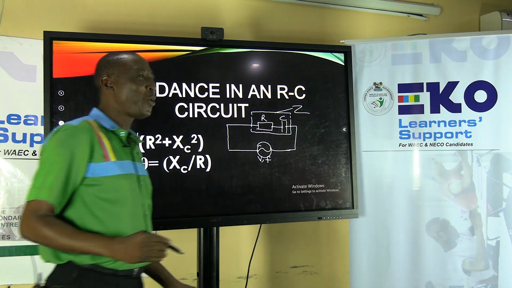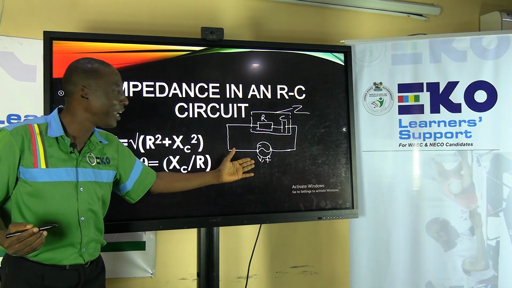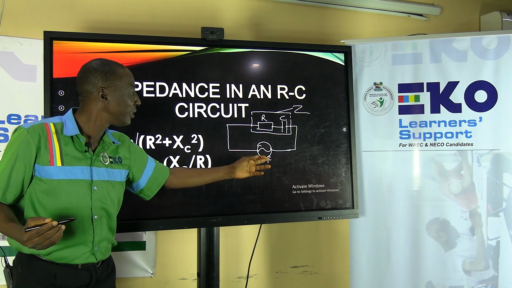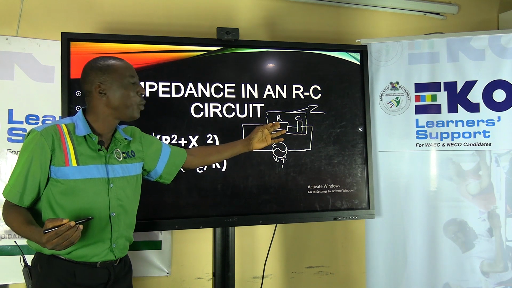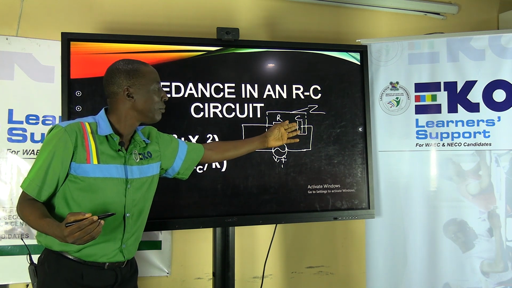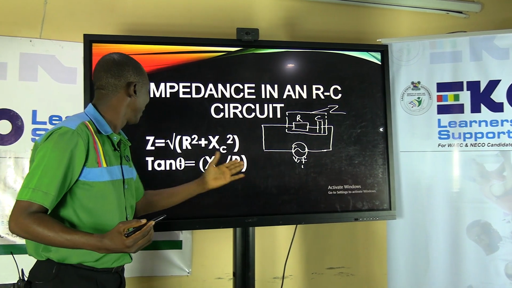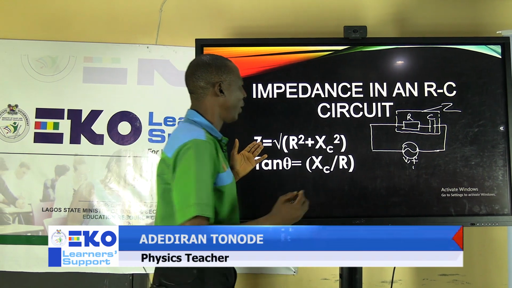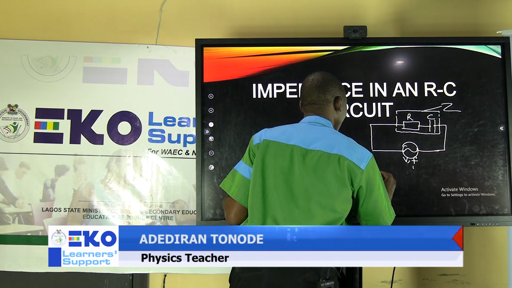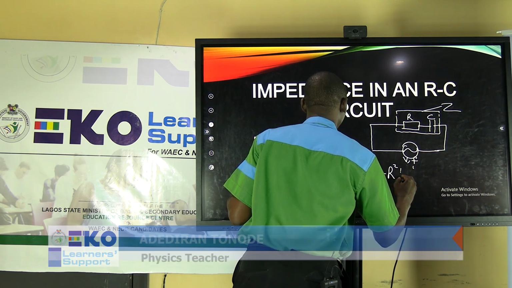You can see from what we have on the board the symbol for AC. We have the voltage and we have the frequency, a sinusoidal waveform. Then we have the resistor and the capacitor. Two oppositions form impedance. And that is why we have the impedance: Z square equals R square plus